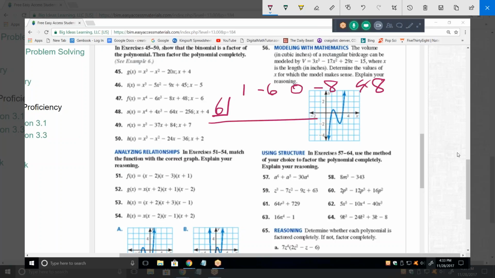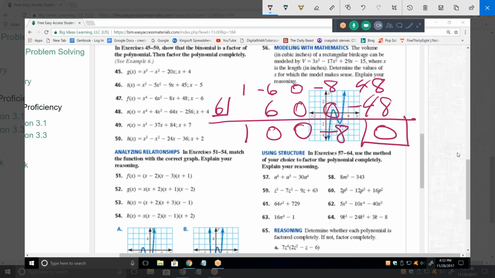Now we know we're going to get a 0. So I'll do it quick. So now what? So then the factors are